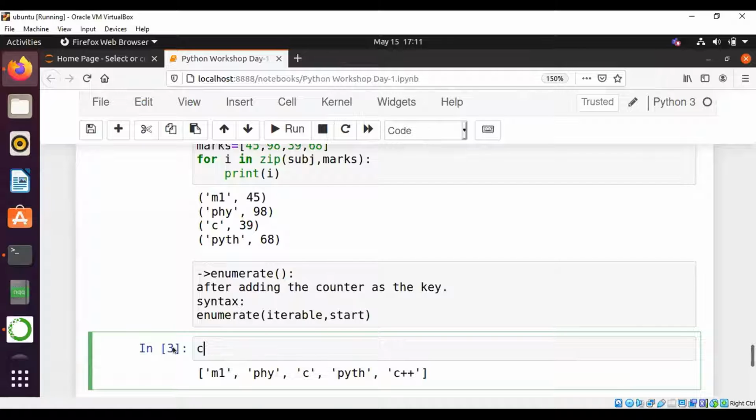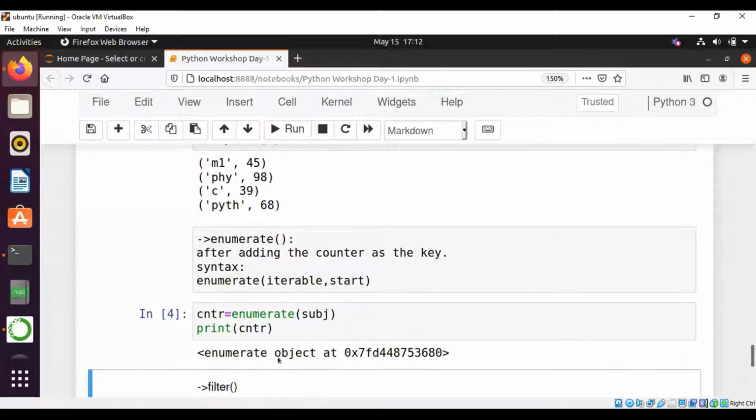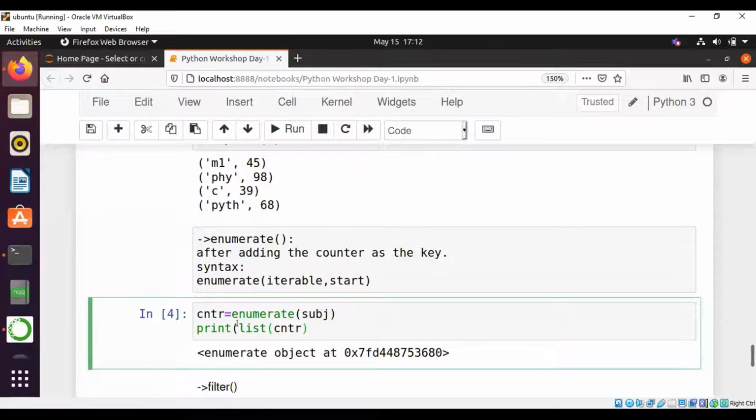Let's take counter is equal to enumerate of subjects, as SU, and let's print the counter. It's returning an object, so we have to change it to a list or a tuple or a set or a dictionary.